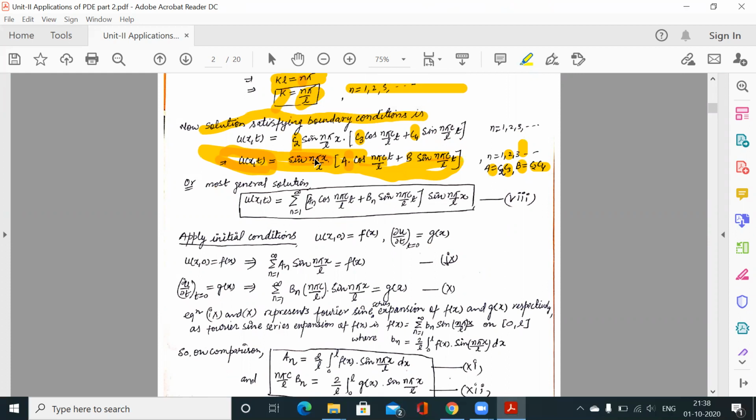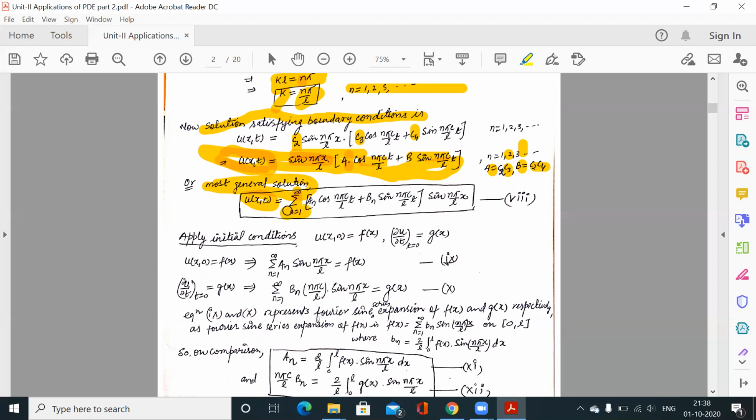When we substitute 1 for n, we will get one solution. When we substitute 2 for n, we will get another solution, and adding those two solutions, we will get another solution. Similarly, we are adding all of the solutions. So we are taking linear combinations of all possible solutions. So this will again be a solution, which we are calling the general solution. So n equal to 1, we have one solution. n equal to 2, we have a second solution. n equal to 3, we have a third solution. So we have added all the solutions.